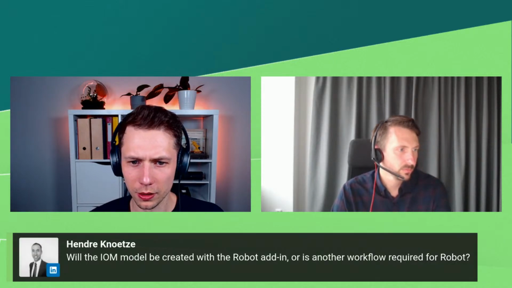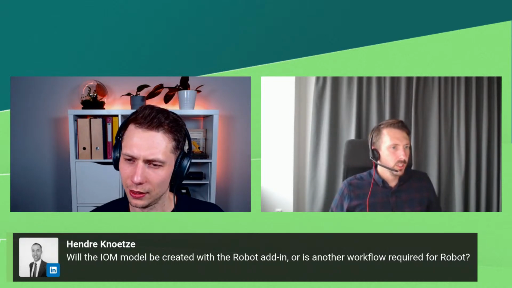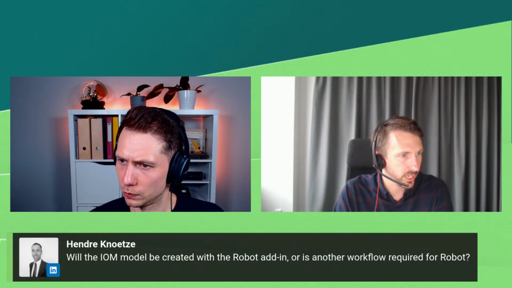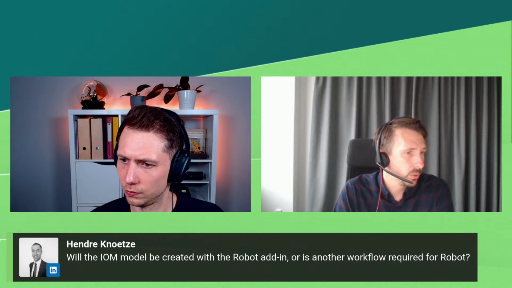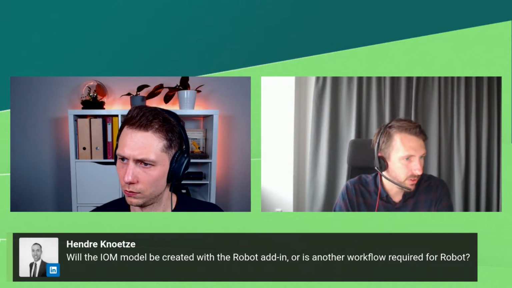What about the robot? Question from Hendra. Will the IOM model be created with the robot add-in? Yeah, so as I said, every Checkbot link that we have available creates an IOM. So if you go into the folder that's created when that Checkbot model is created, there's an IOM file in there. It's called import.xml, and that file can be imported into Grasshopper, as I showed with that template